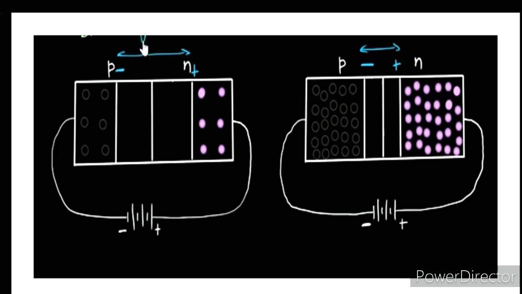In the reverse bias condition, we connect an external electric field: the negative terminal is connected at the P side and the positive terminal of the battery is connected to the N side. At that time the depletion region in the simple PN junction diode is large. And in the Zener diode, with a similar connection, the negative terminal of the external electric field is connected to the P side and the positive terminal to the N side. At that time the depletion region size of the Zener diode is thinner or smaller than that of the PN junction diode.